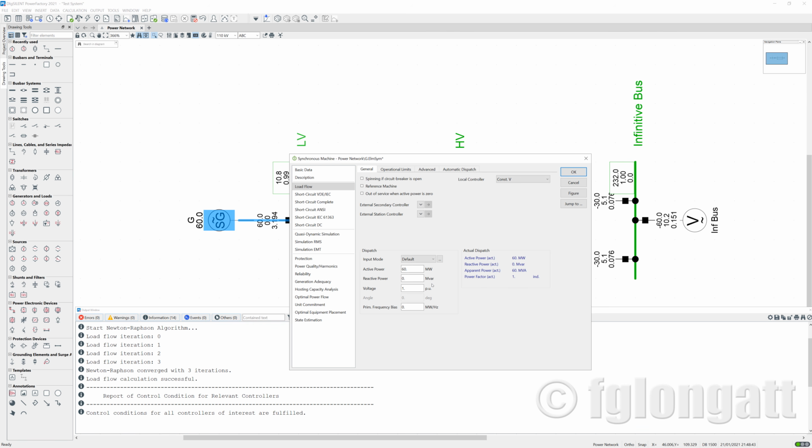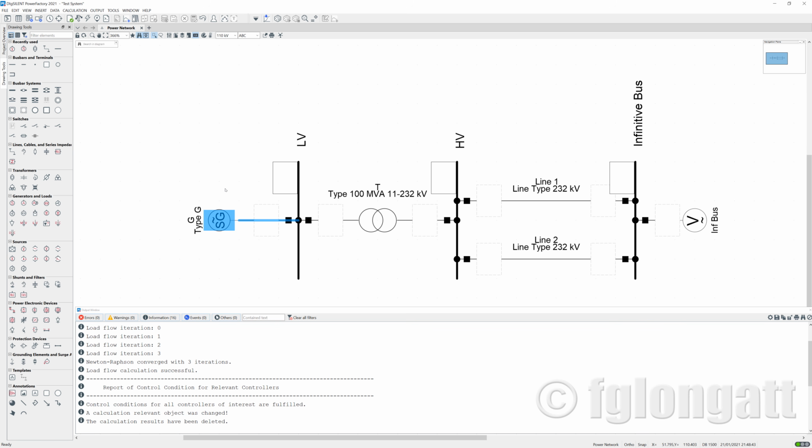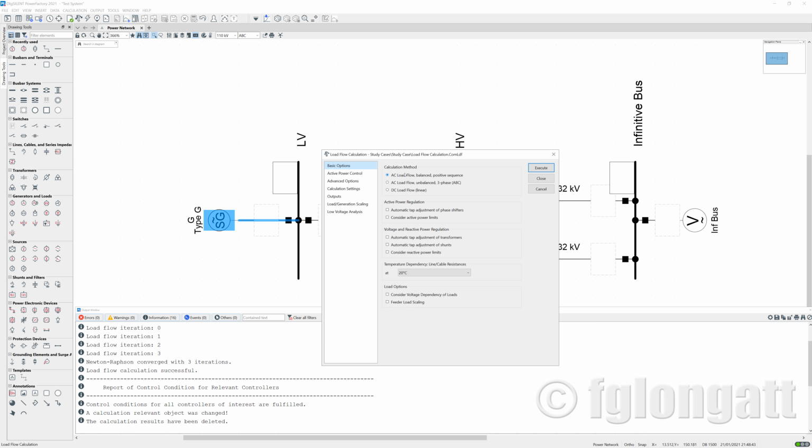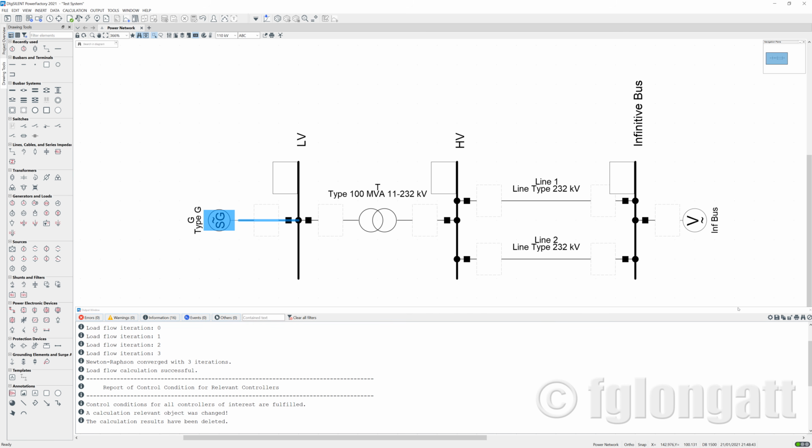And right now you can define the voltage set point that you want this local controller to enforce. Because this local controller is enforcing, in this case, constant voltage, and the voltage should be 1 per unit. What I will do now is close the generator, and I will run the load flow, let me clear the output window,